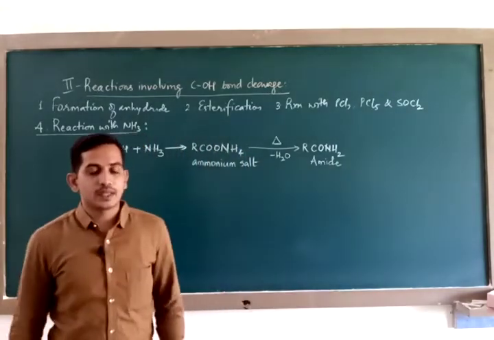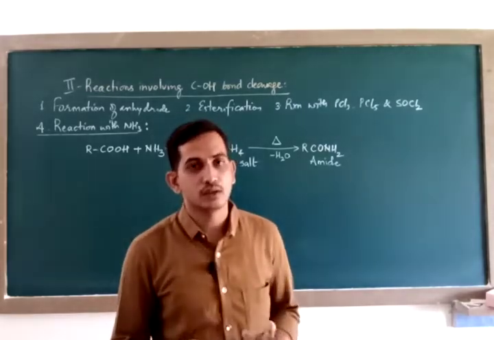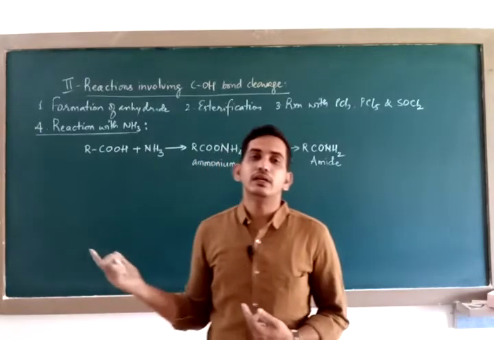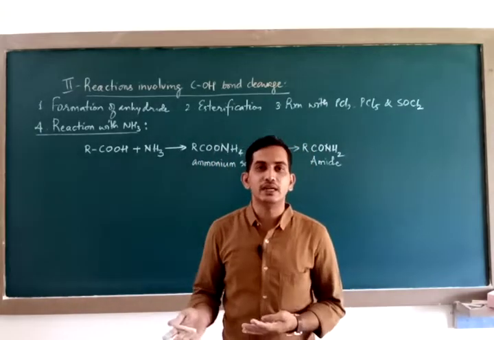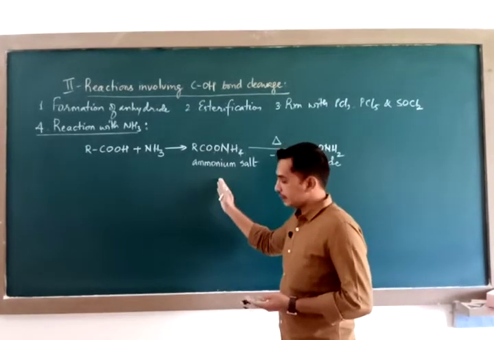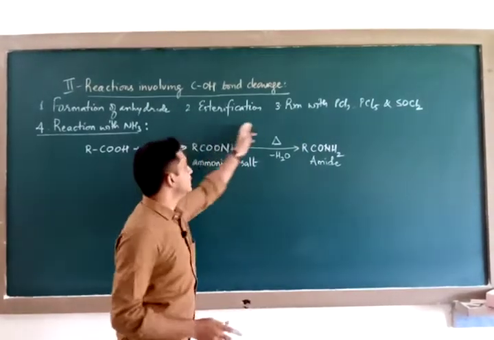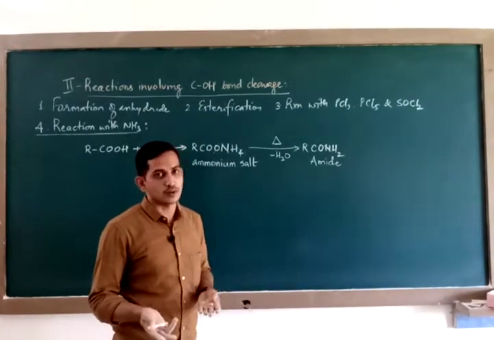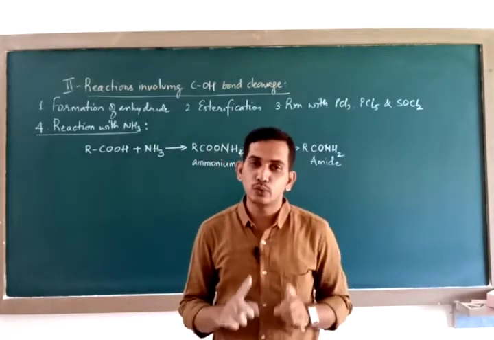This question will be asked as, how do you convert a carboxylic acid into an amide? Give equation. How will you write the statement? Whenever carboxylic acids are reacted with ammonia followed by heating, they will give you amides. Some books directly write the product by eliminating this step. Even if you write in that way, it is not wrong. Depending on the marks given, you have to write the answer.